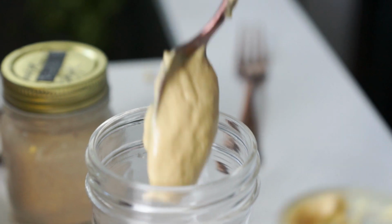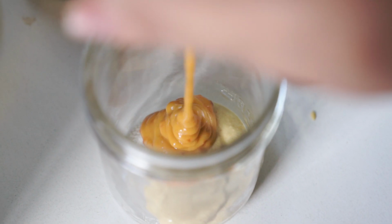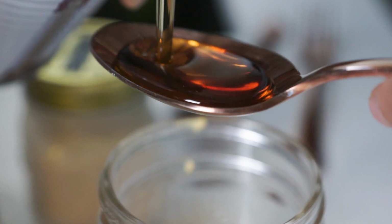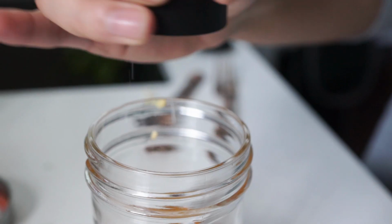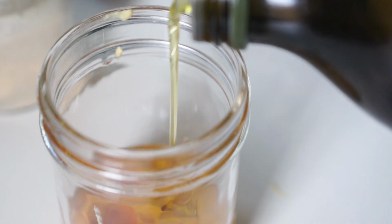And finally, to make your maple mustard kale salad, we are again using the MV Original for this one. We're going to start off by making the dressing. So we need a combination of Dijon mustard, some sort of spicy mustard, maple syrup, a pinch of salt, a pinch of garlic, a little bit of olive oil, and apple cider vinegar, and then you're just going to mix that up